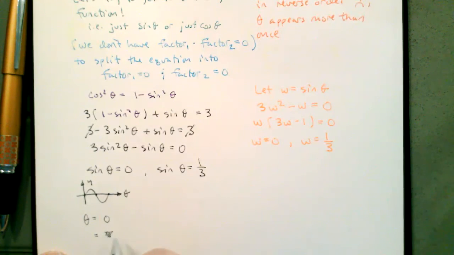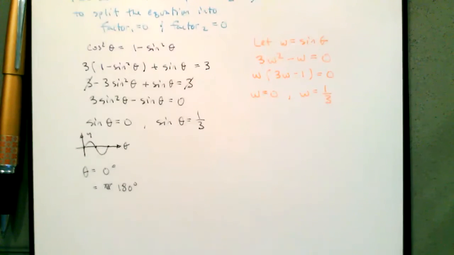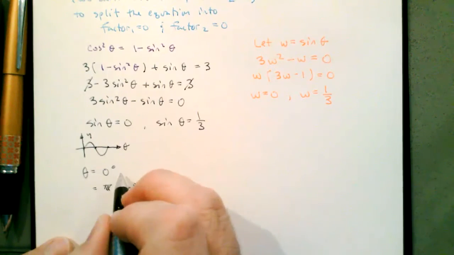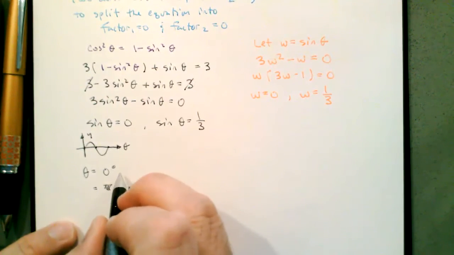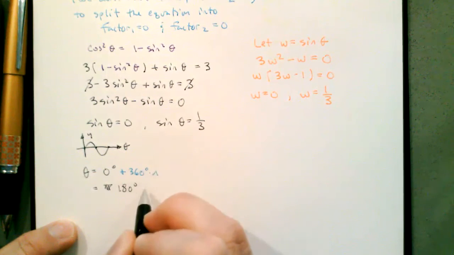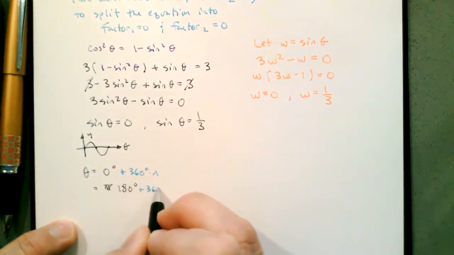Oops, sorry, or 180. Forgot that this problem's in degrees. Then we have to make sure that we add integer multiples of the period. So plus 360 degrees times n, plus 360 degrees times